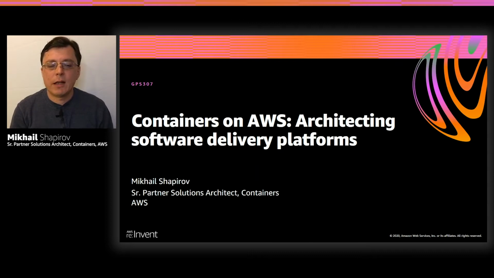My name is Mikhail Shapirov. I'm a Senior Partner Solutions Architect here at AWS in the container space. My role is more horizontal. I work with a lot of partners in this area. But other than being a solutions architect, I used to wear hats of platform architect and enterprise architect, as well as a software engineer. In fact, originally I joined AWS as a senior SDE, so I'm a little bit familiar with how AWS is